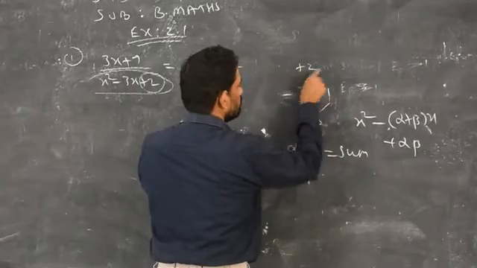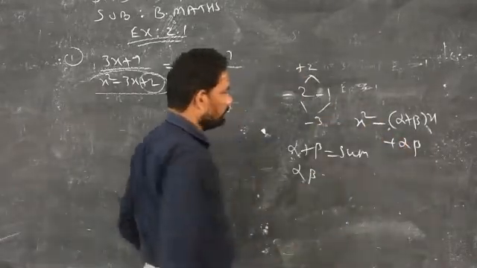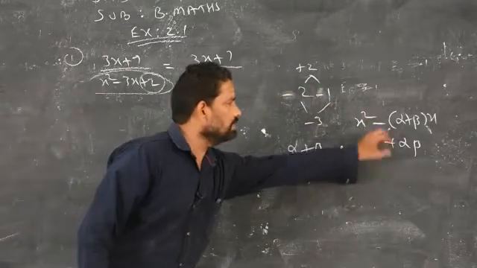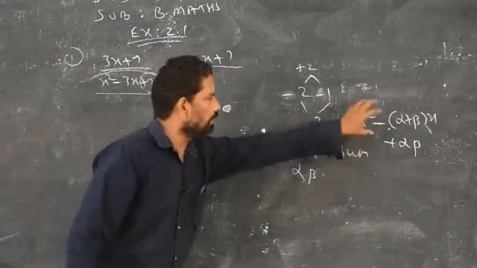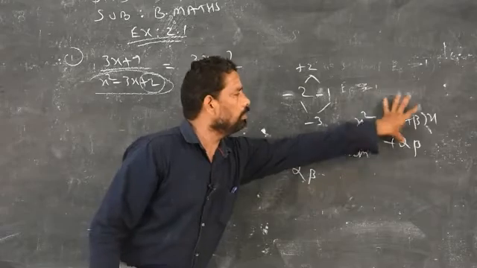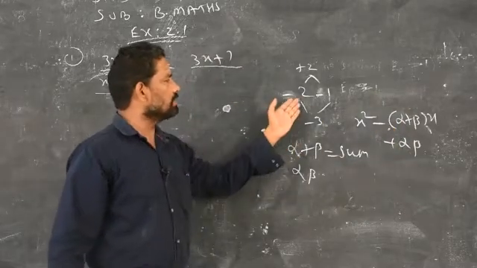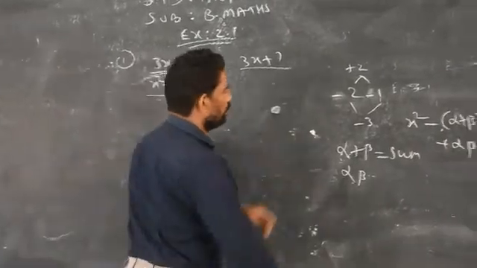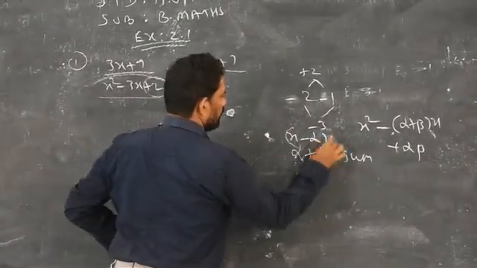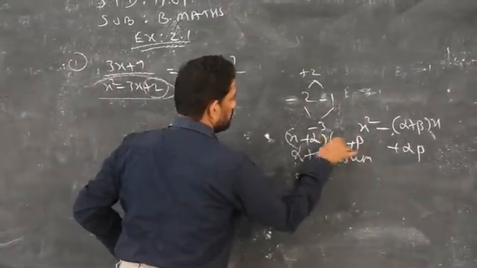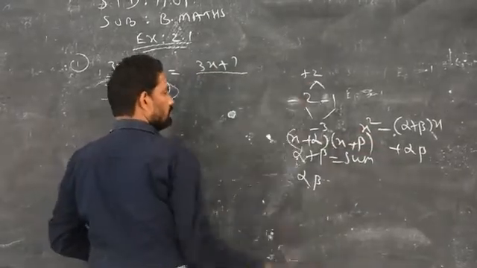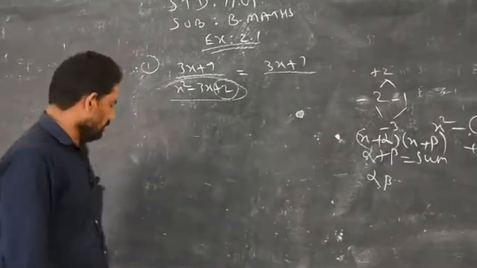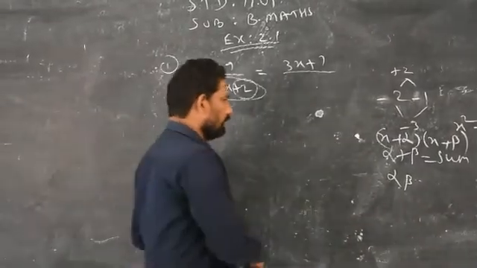Product, these two, this product. I am just applying what you studied in 10th standard. No new concept. This is the basic concept. I am applying this concept. You know how to factorize. You consider this is alpha and beta. Then you can check. So when you see what will be the answer, x minus alpha, then you are writing x minus beta plus whatever it is. So alpha is minus 2, beta is minus 1. So you will get the factors. So no new concept. Already you studied in 10th standard.